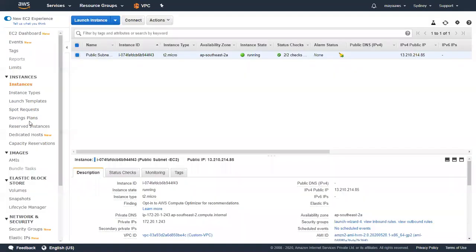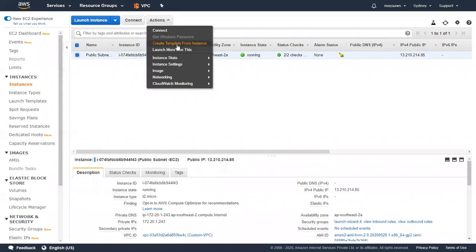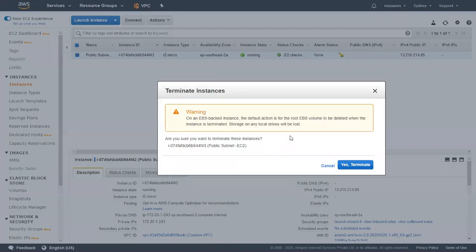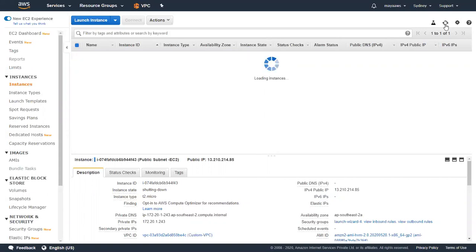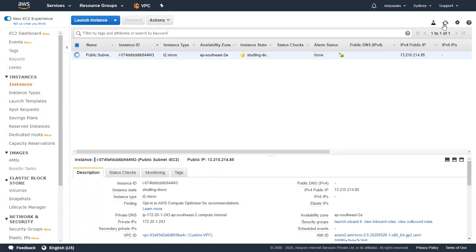Now I wish to destroy this machine. Okay, now it is showing terminated state.